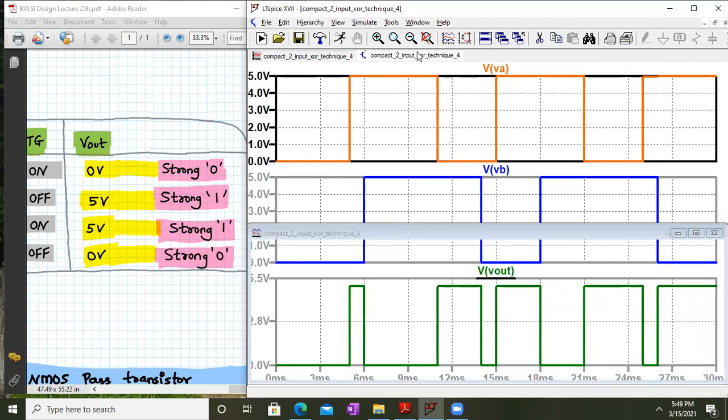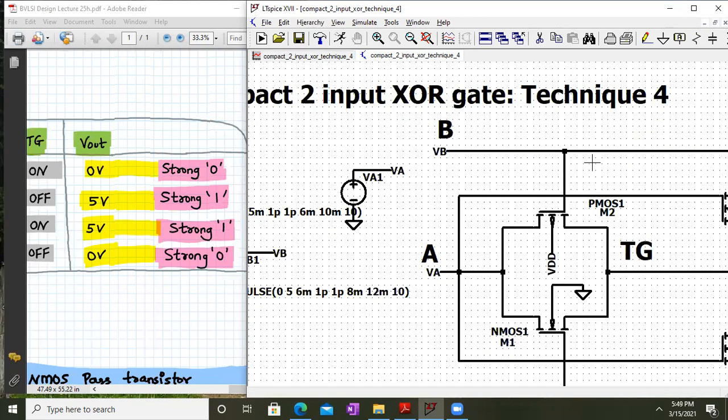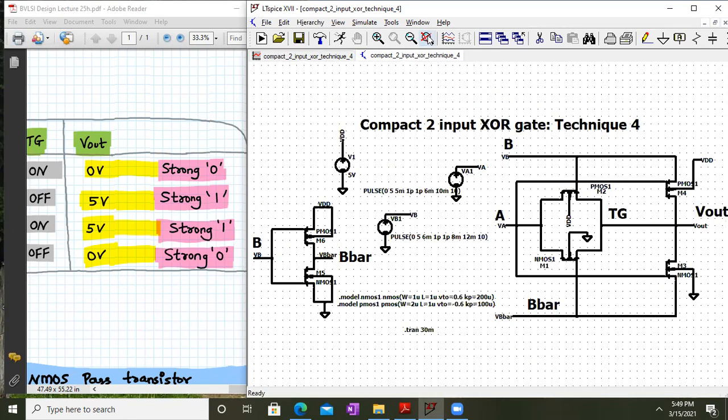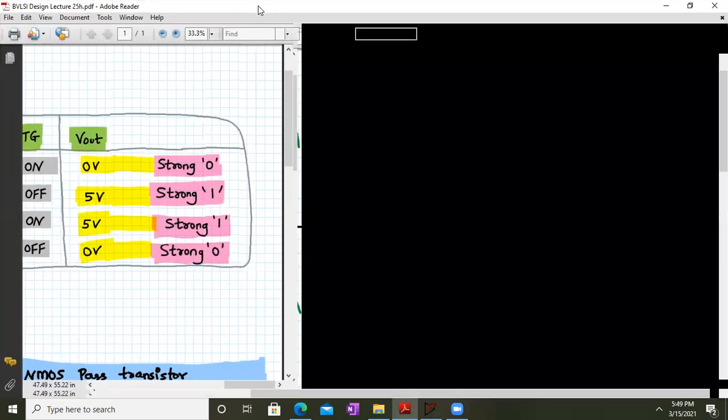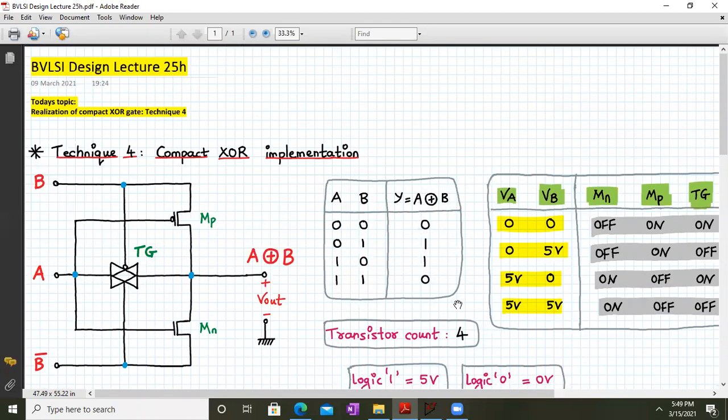But you see, it is a transistor level implementation. So this is the number 4 which we're talking about. This is a compact 2-input XOR gate using a combination of a transmission gate and a conditional CMOS inverter. So the total transistor count over here is 6. We require 6 transistors to implement this. I think by mistake I've not added that plus 2, but I will definitely do that. So you require a total of 6 transistors to implement this logic.